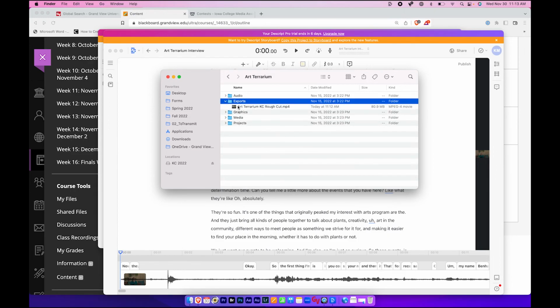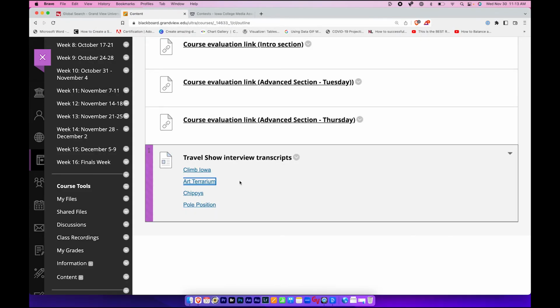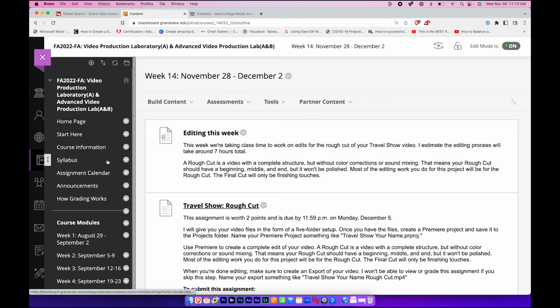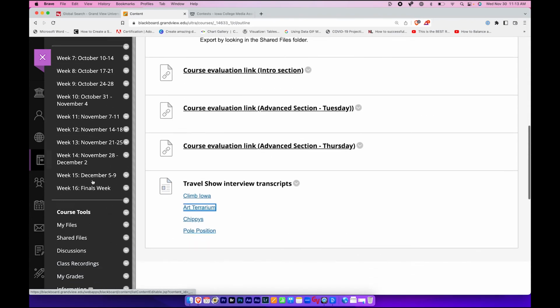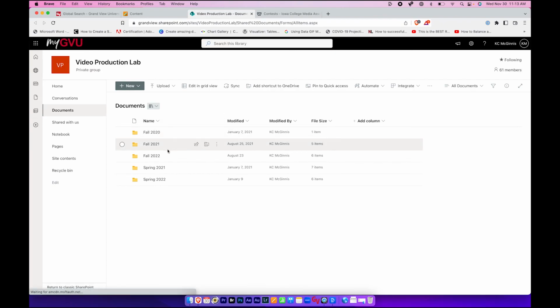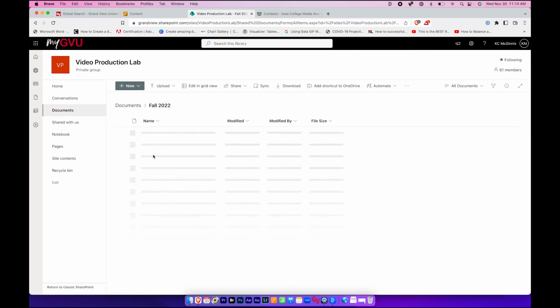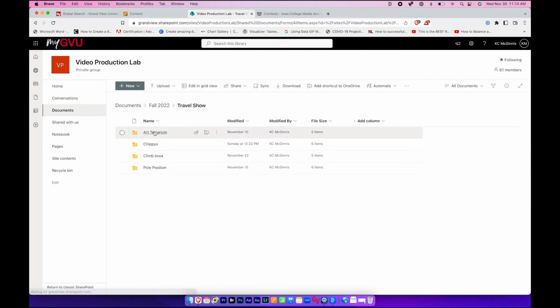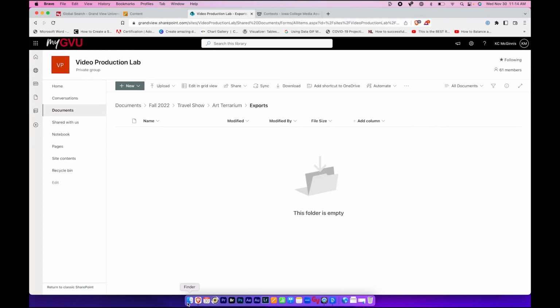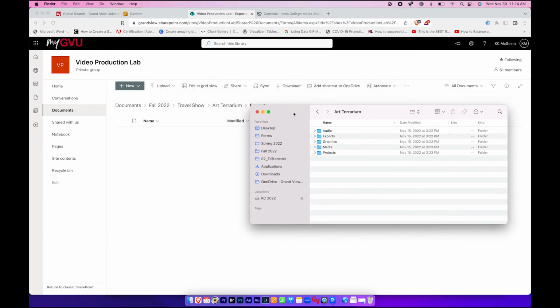I've got in my exports folder, I've got one thing. It's this Art Terrarium, your name, rough cut. This is what you need to turn in. You're not going to be able to turn it in just on Blackboard. So how I want you to turn it in is on our Blackboard page, find the shared files folder. Then under shared files, go to Fall 22. Go to the travel show folder, and then go to the folder for your project, Art Terrarium. Find this exports folder, and then just go into Finder again, find your export that you made, and it's just